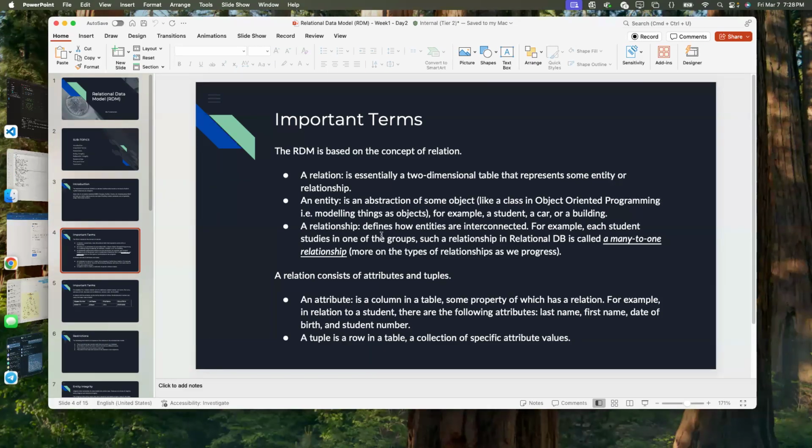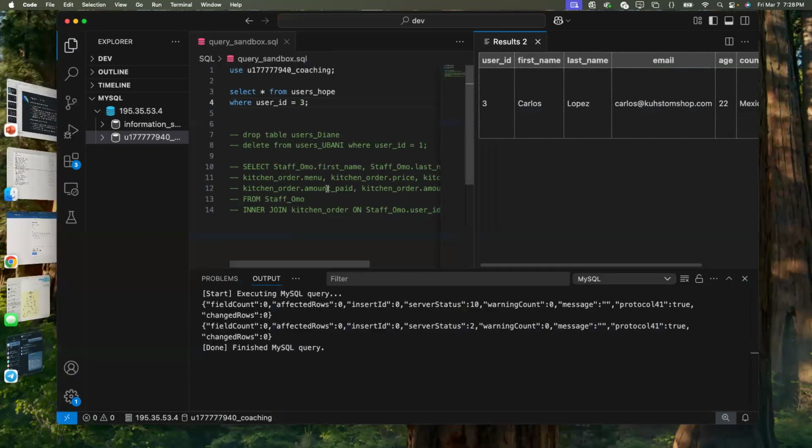So a relationship basically defines how entities are connected. For example, if we're referring to a student table in one of the groups, we can have a many-to-one relationship, or more types of relationships as we progress. So let me go back to that table again and you see what's going on. If I take a look at this table,